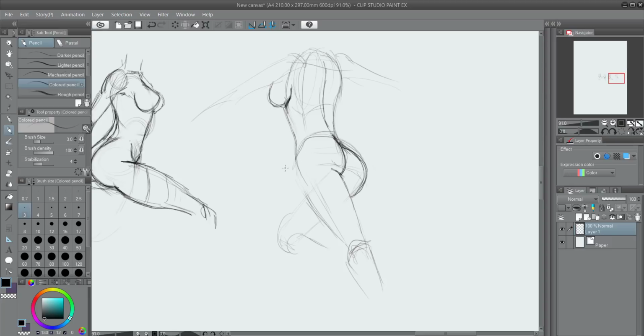Now what's important here is remember that side view of the leg, we have this shape right here. That's really important to make sure we capture that shape in here. So as the buttock comes in right here, because we're having some foreshortening going on here, right in this side area we're going to start having that part of the leg.